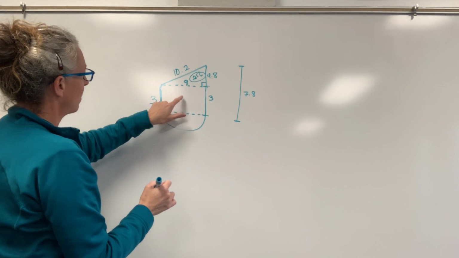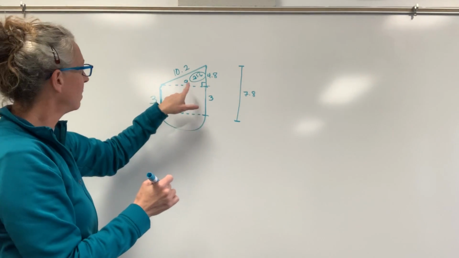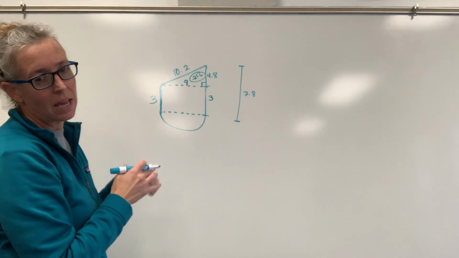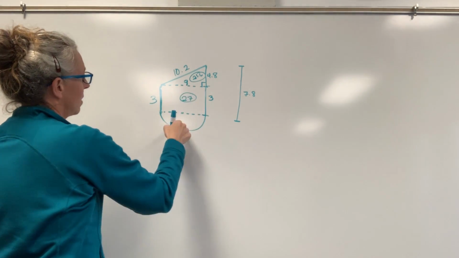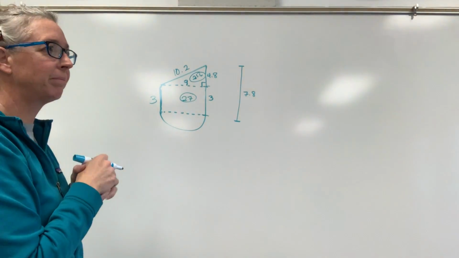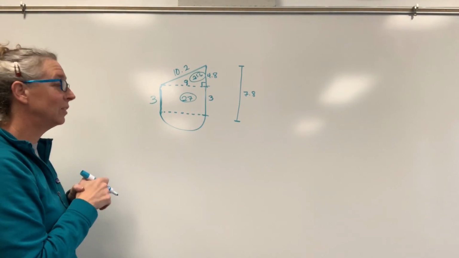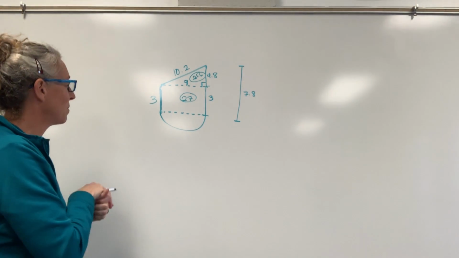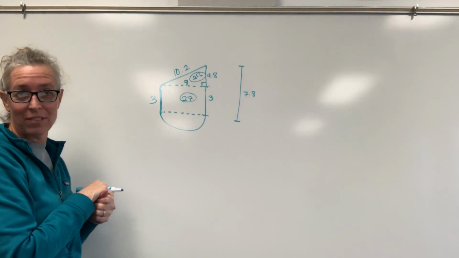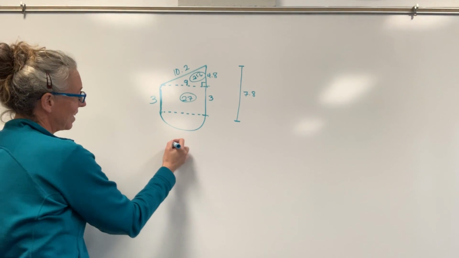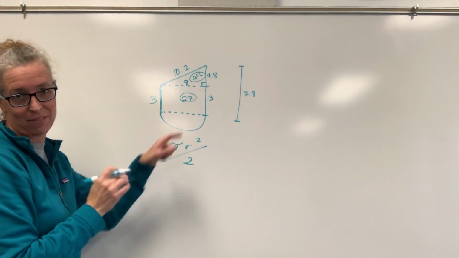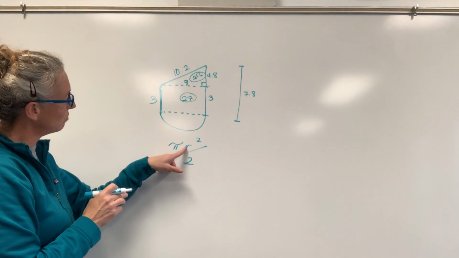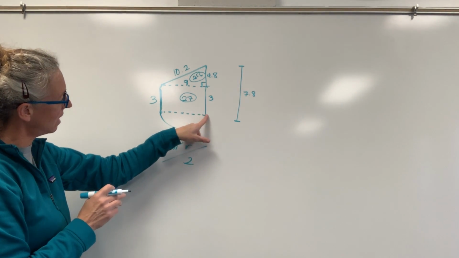Then they could do this rectangle here, which is 9 times 3. And 9 times 3 is 27. Now, thoughts on this thing here? Okay, good. So many of you knew just what to do. It's half of a circle. So we're going to do the area of a circle, but then cut it in half because that's only half of a circle right there. So pi times radius. Well, if I know this whole thing is 9, what's my